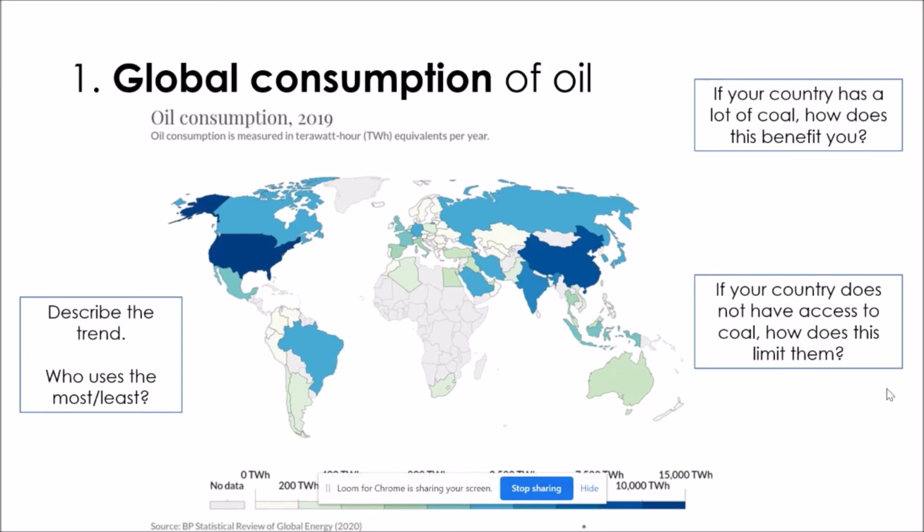So describing that trend in an exam, you would need to make sure that you could also give examples of countries. So looking at the different ends of the scale here, you can see that China and North America are the darkest blue and therefore using the most oil. There's lots of Middle East countries, India, Russia, Canada, all within that northern hemisphere that are also using quite a